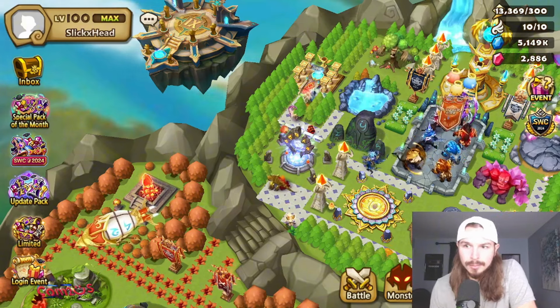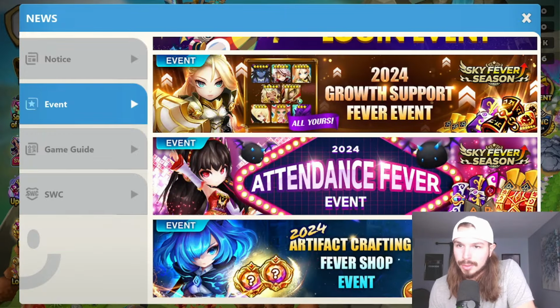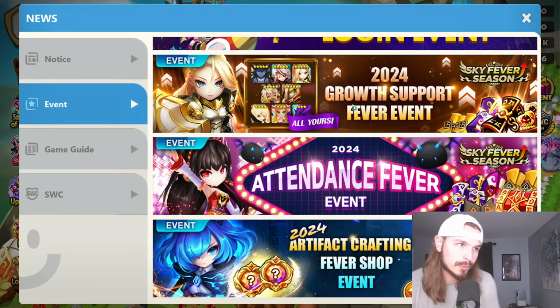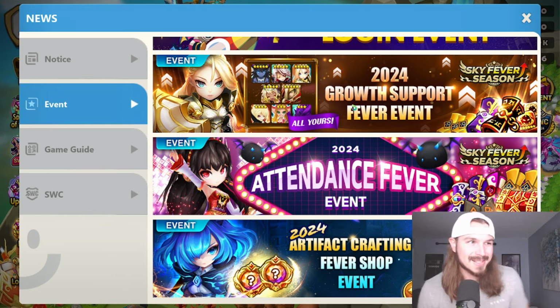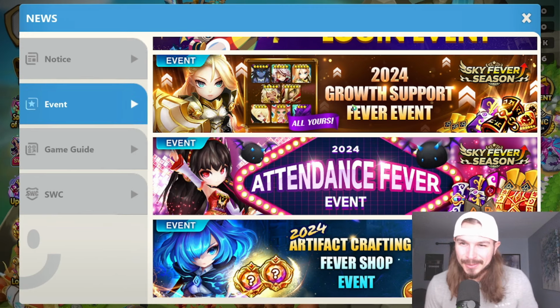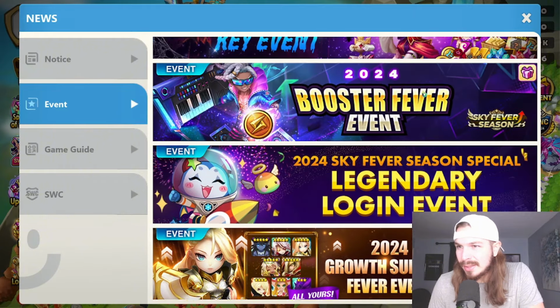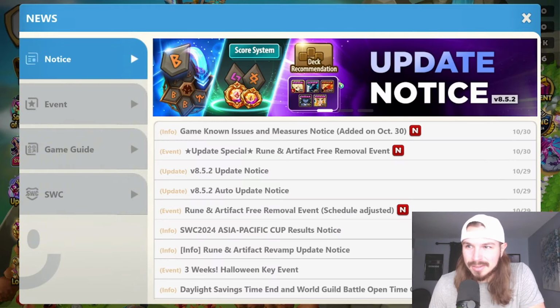But I mean, man, the biggest thing is this update right here. Just all these nat 5s that you get for free is crazy. Absolutely insane. It's not even the fact that you get them for free. It's that they already come awakened, max leveled, max skilled, with runes on them. It's honestly stupid. But yeah, now we got this new update on top of it, increasing